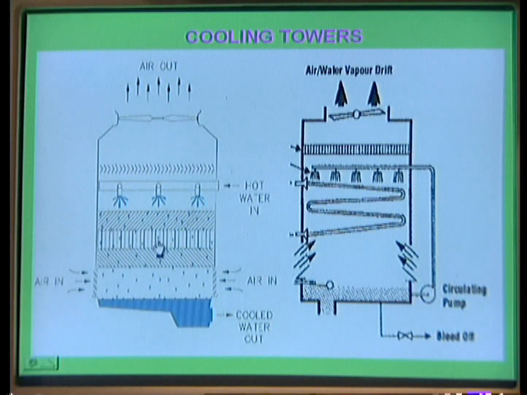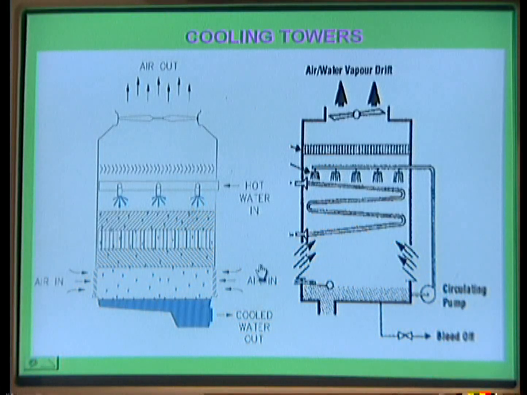In this case, if you are using the fan, for example, going inside the turbine, that is a cooling tower. The water to be cooled at a height of above 10 meters is sprayed downwards, there are some hurdles, and air enters inside. If the fan is placed in this position, it is called an induced draught cooling tower. And if, instead of the fan placed here, you place the fan in this position, it sucks the air from the atmosphere and forces it inside, then it is called a forced draught cooling tower. This is the basic idea of cooling towers.